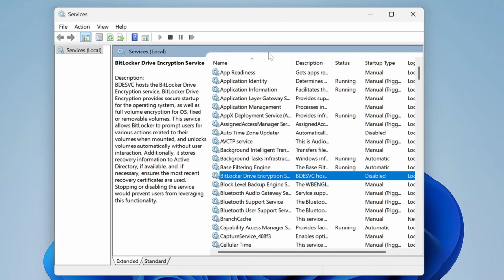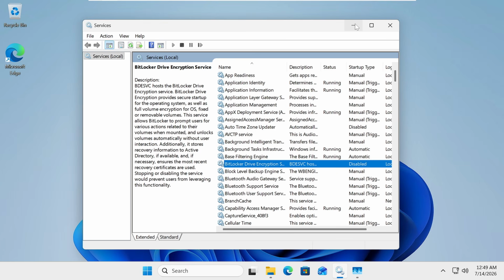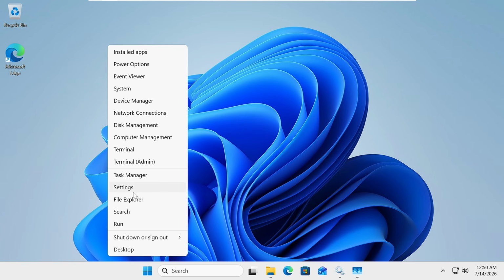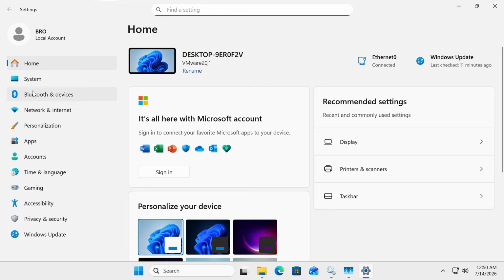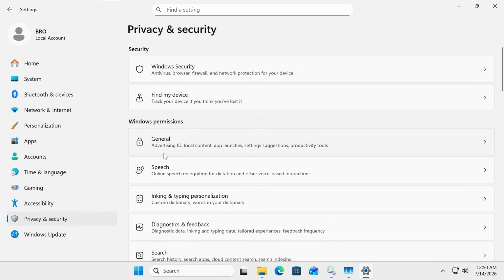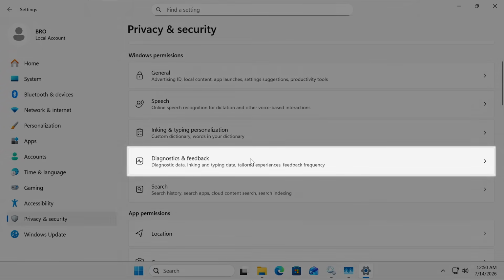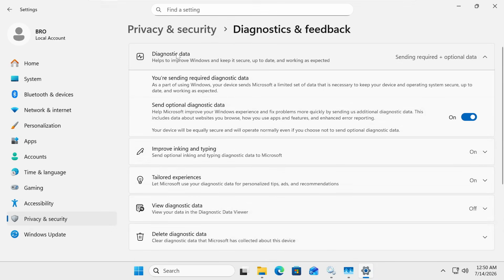So first you have to disable this from the settings, so you can minimize the services as of now. Then right-click on the Windows icon, click on settings. In the settings, from the left-hand side, click on privacy and security. Then under the Windows permissions, you have to look for diagnostics and feedback. Click on it. And here you'll find diagnostic data. It says help to improve Windows and keep it secure and up to date. And if you read below, it says as a part of using Windows, the device sends Microsoft a limited set